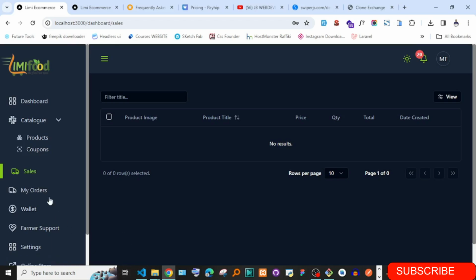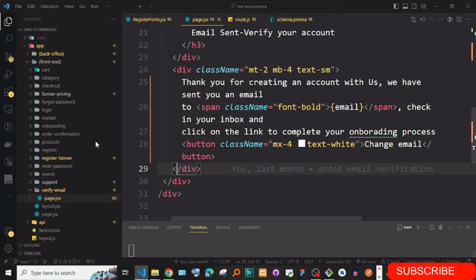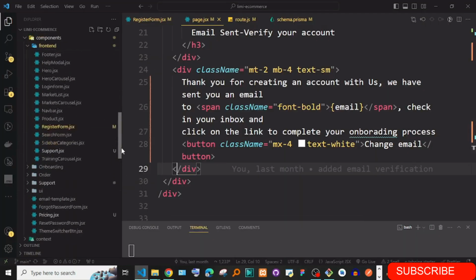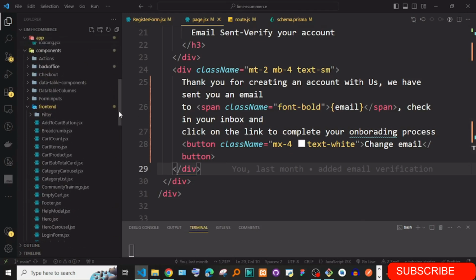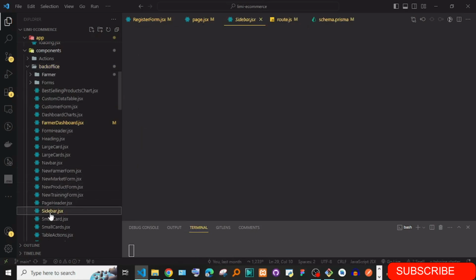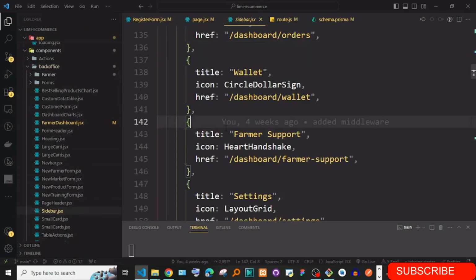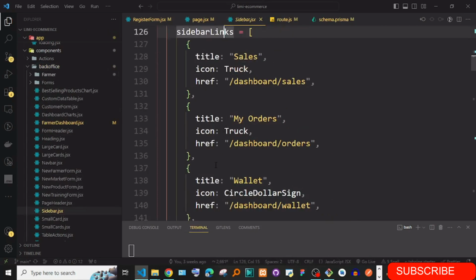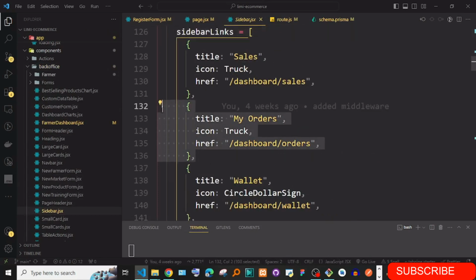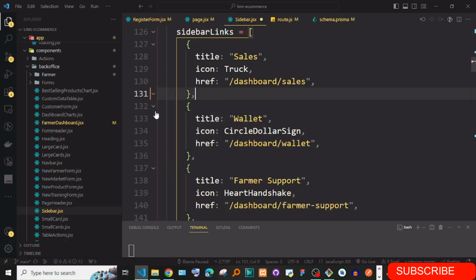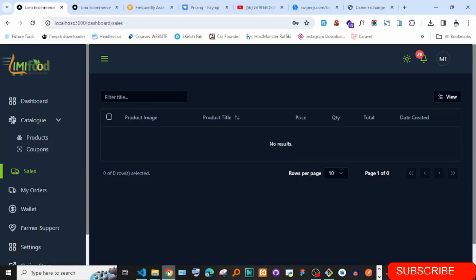Okay, so I'm just going to remove my orders, because it is somehow confusing. So I'm just going to go to the sidebar, which should be inside the components, back office, and then sidebar. So you could just go to the farmer, and we're just going to remove my orders for sure, because this is a bit confusing. Let the farmer, if he wants to buy some things, create a normal account just like other users, so that he can buy using that. Okay, so that is great. Now